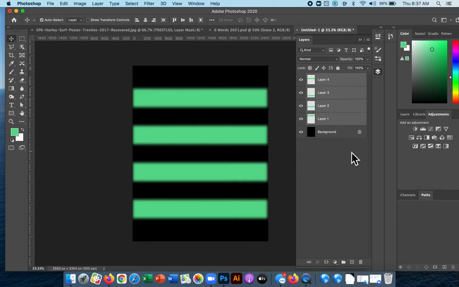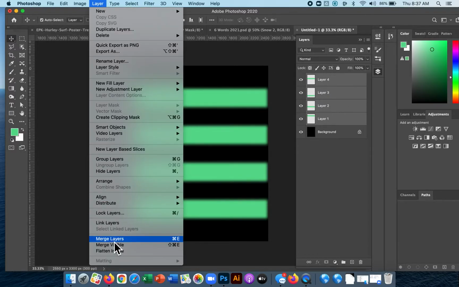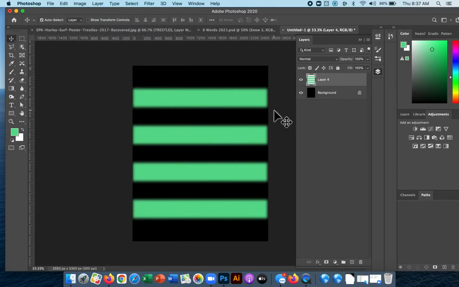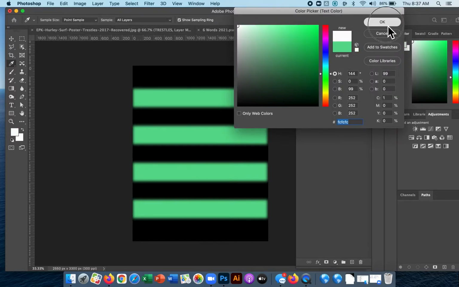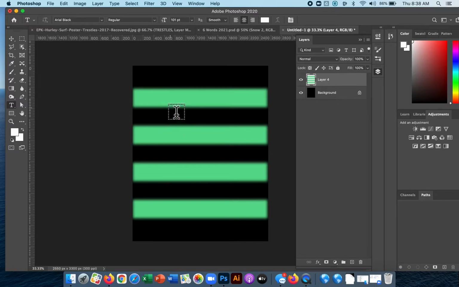All right. Now I want to put these layers, basically combine them into one layer. So Command E or Layer, Merge Layers will do it. Command E is the shortcut for that. Okay, and then I'll select my type tool. Notice that my type color right now is going to be that same green. That's my foreground color. It puts that color there. If I want something different, I'm just going to start with white to keep it simple. Okay, and I'm just going to click with my type tool,